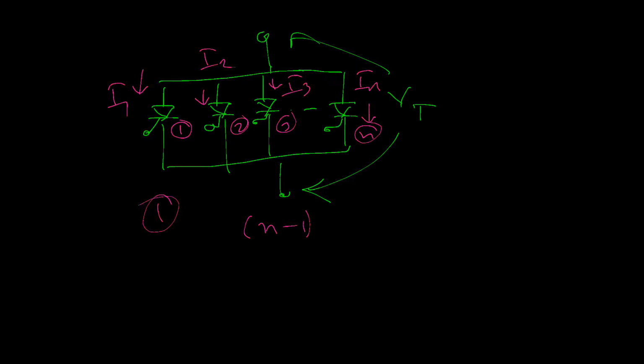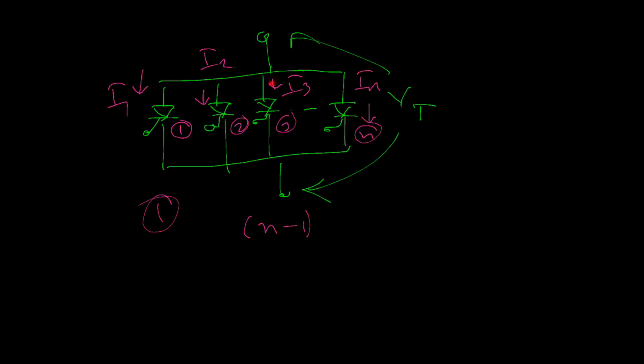Suppose we try to increase the voltage again to turn on the n minus 1 SCRs. Then what happens? A huge voltage stress can occur across the first SCR. Due to the high voltage stress coming from the supply, SCR1 can be permanently damaged. So this is not what is required. So what will we do? Consider another case. Suppose n minus 1 SCRs are fired first, then the question is for the first SCR.